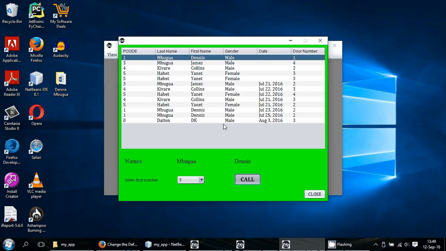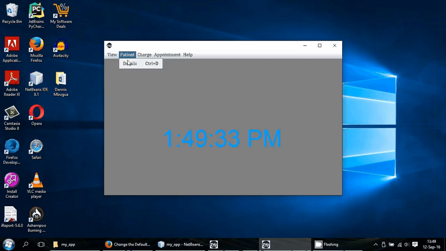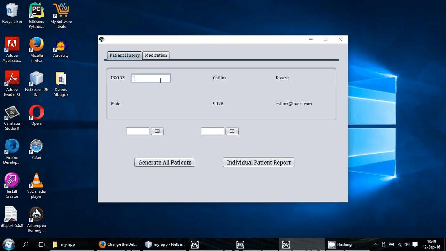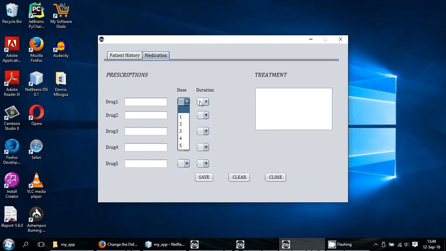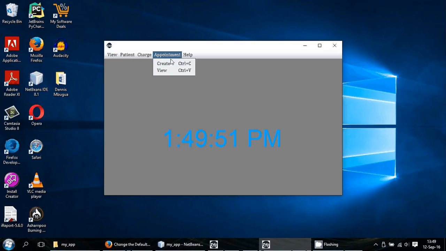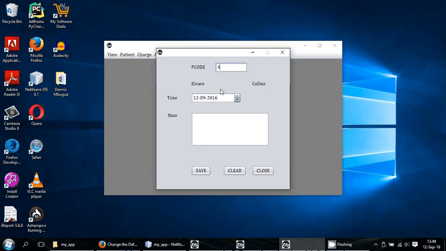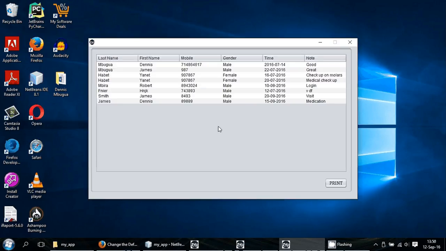Then enter door number three. So the patient has been called, and there's also the details. Here you can enter some random data, and here you can also put some medication. And you can create an appointment for this patient, just as in the front office. You can also view the appointments for this patient,